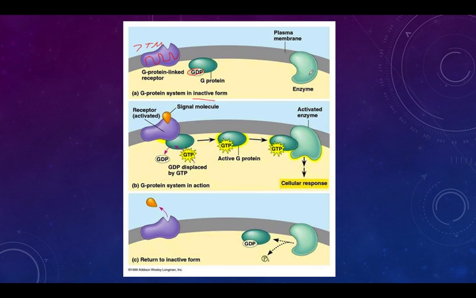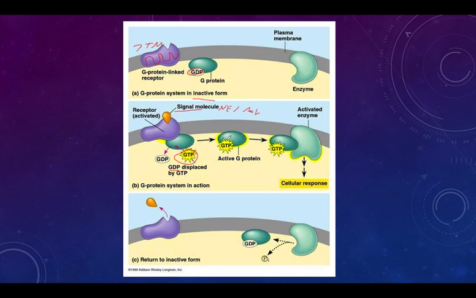And then there's an enzyme sitting over here. When it's activated by the signal molecule, for example, norepinephrine or acetylcholine, or anything you saw on that previous slide, this GDP is displaced by GTP. Now they come together, bind, we have active G protein,